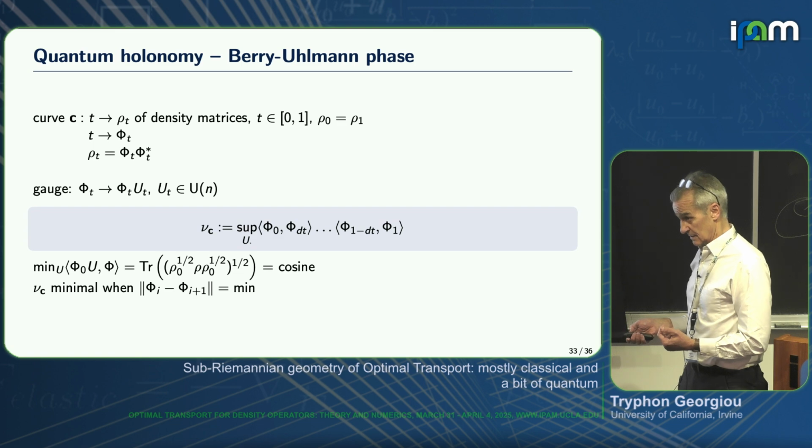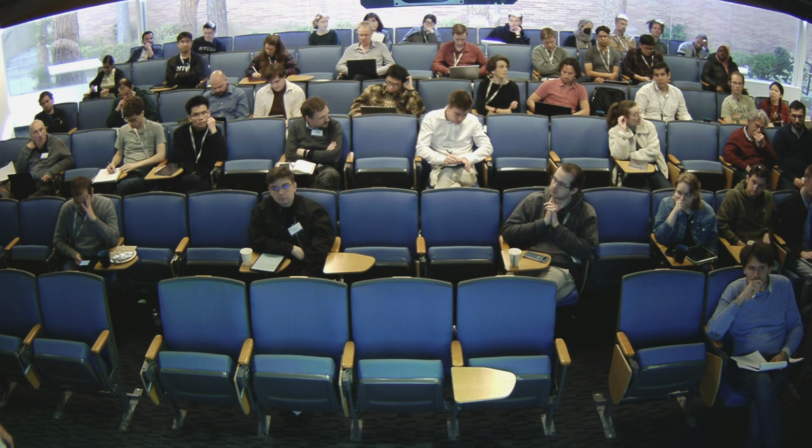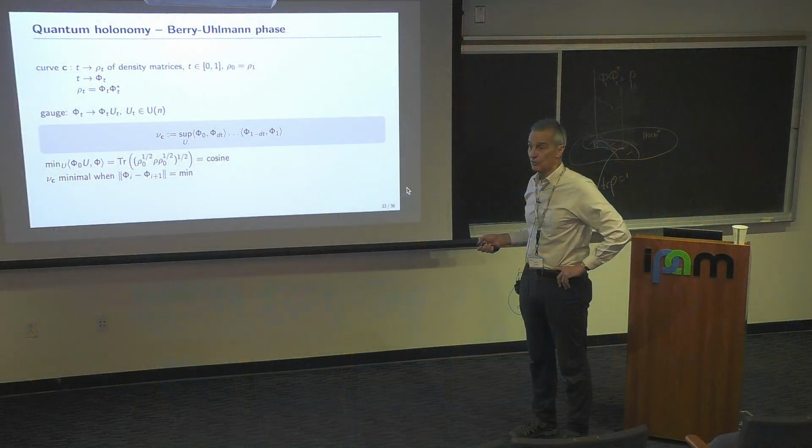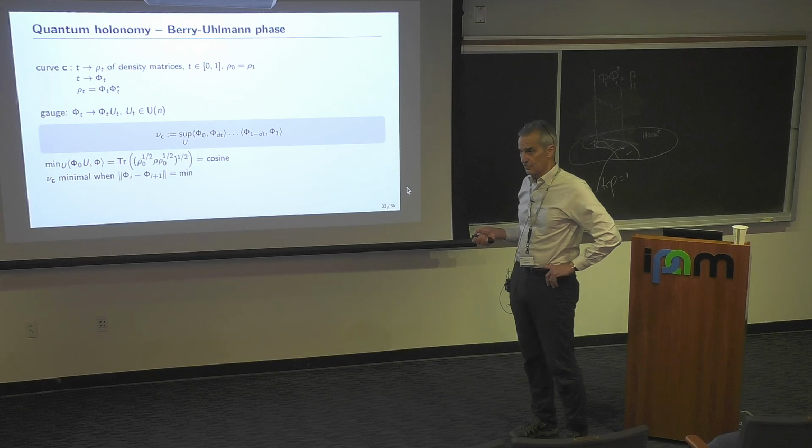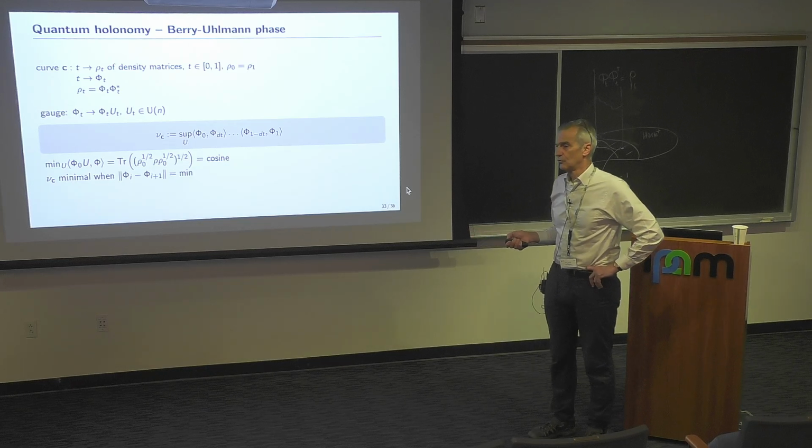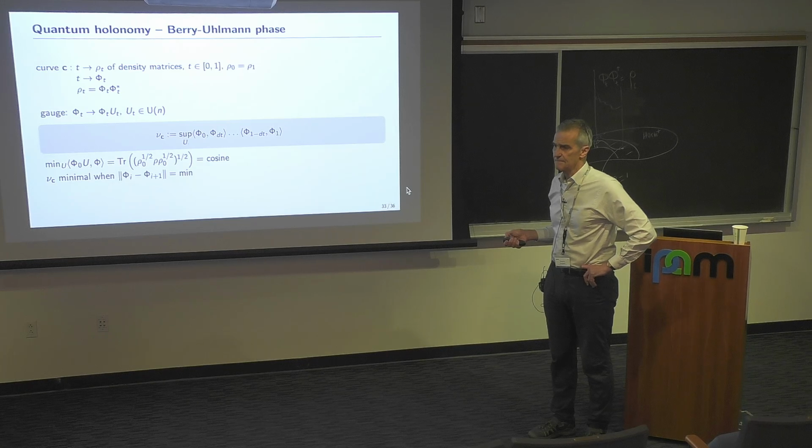Tryphon, can I ask a question? So, these, I can think of them as possible square roots of the rho. Yes, these are square roots of the rho. And now your fibers record the square roots, not the density. Exactly. Or, in quantum information, you're looking at the set of purifications. Yes, exactly. A similar picture. So you're looking at fibers of purification over the state space. Fibers of purification, yes. And then you define, of course, the distance for purification. Yeah, this all goes back to Uhlmann. He was very good in purification, I learned. Yes, yes, yes.